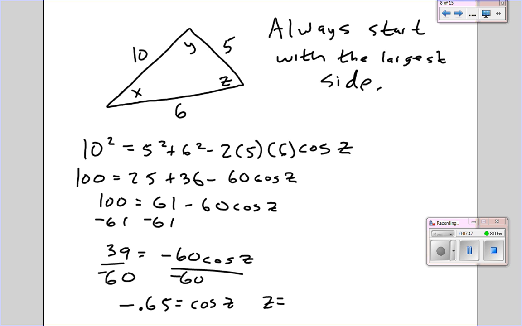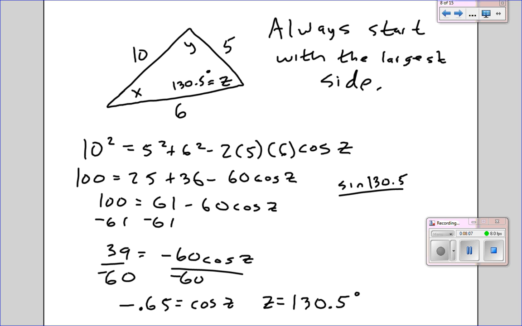Now we just do the inverse cosine, and yes, keep it negative. And that gives you 130.5 degrees for z. Now, of course, you could just do the law of sines to figure out the rest. So we got sine